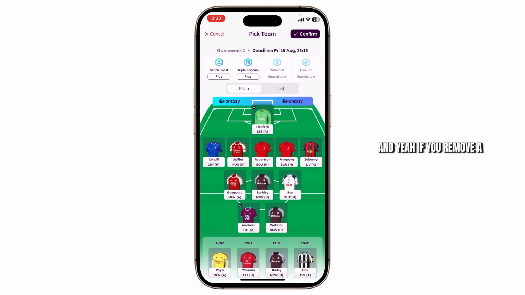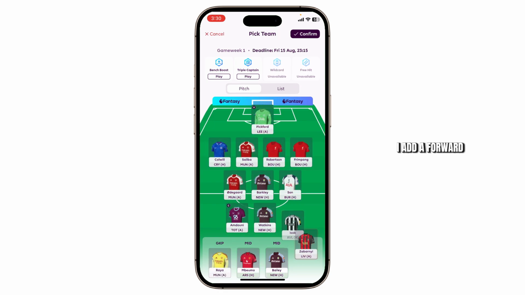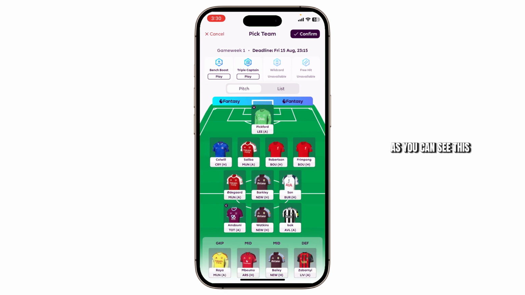And yeah, if you remove a midfielder and add a goalkeeper, if you add a defender, you can see the formation changing. So if I now change this substitution, if I just change this, and if I add a forward, as you can see, the formation has changed again, with 3 forwards, 4 defenders, and 3 midfielders. And that's how you can effectively change your formation on